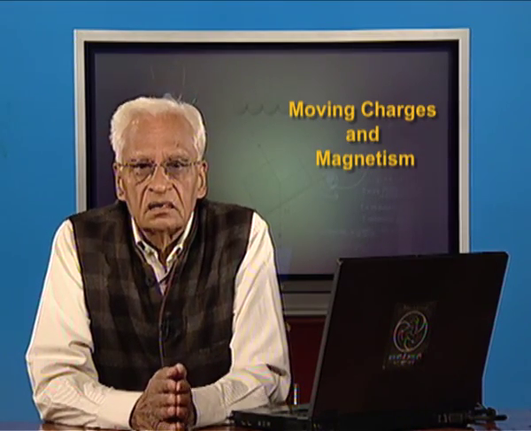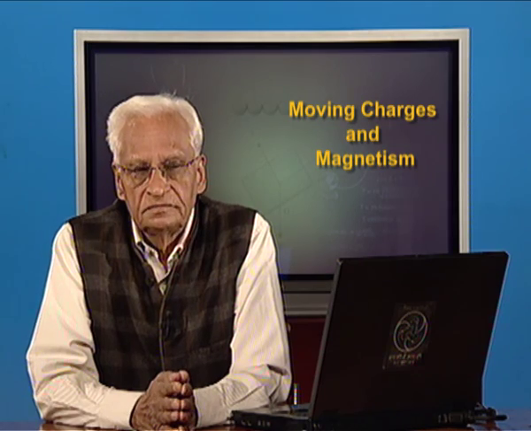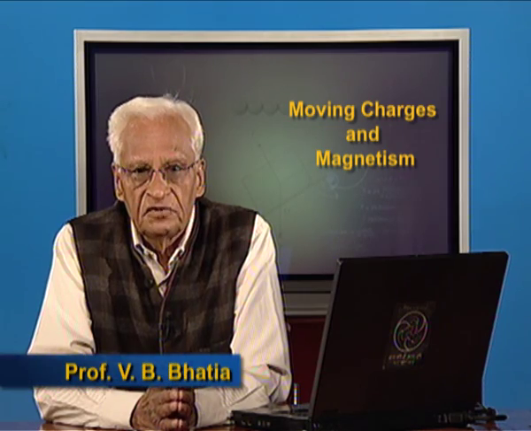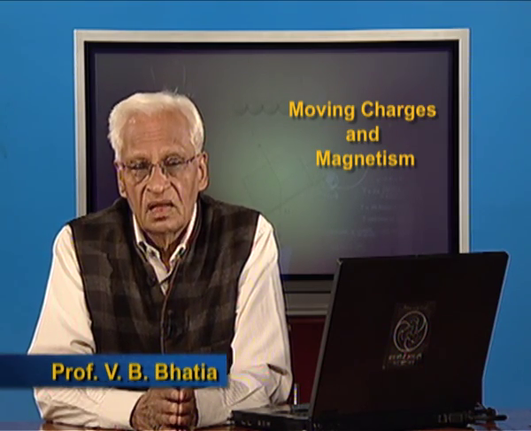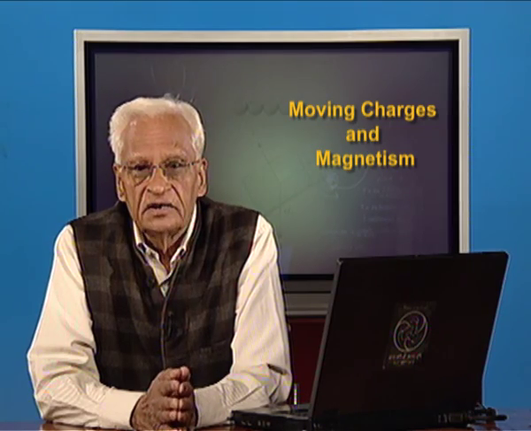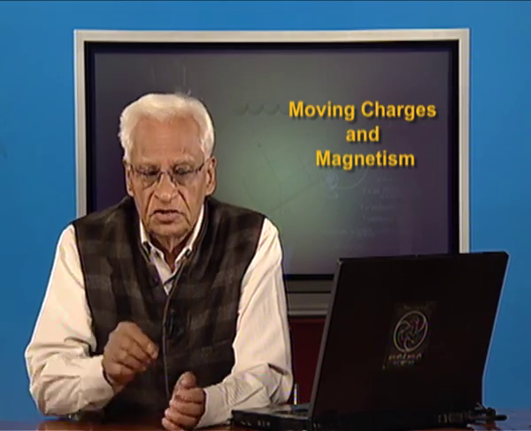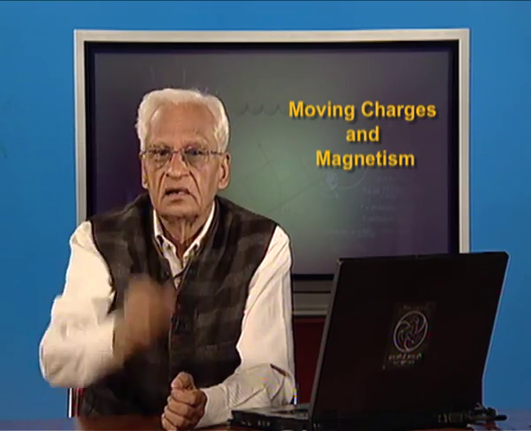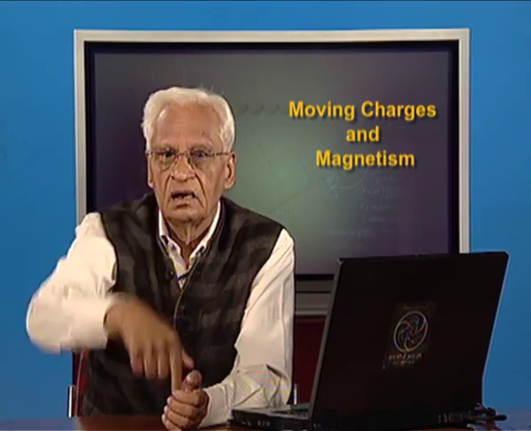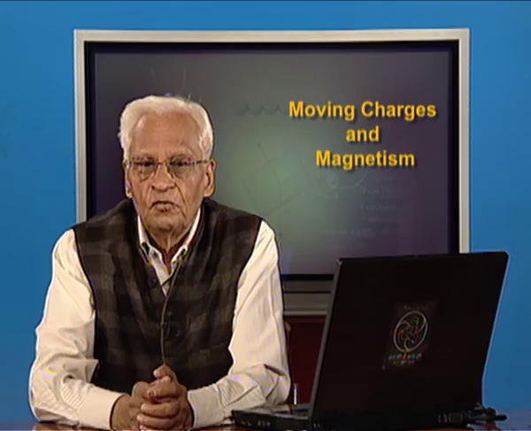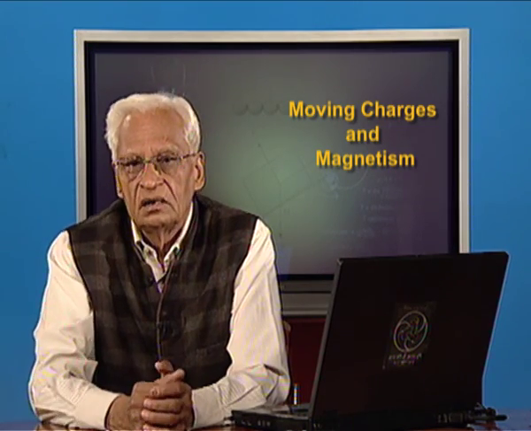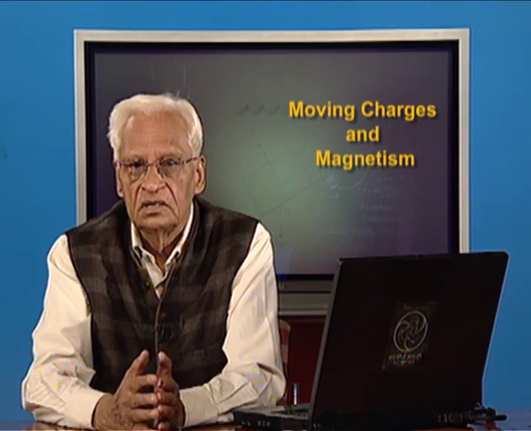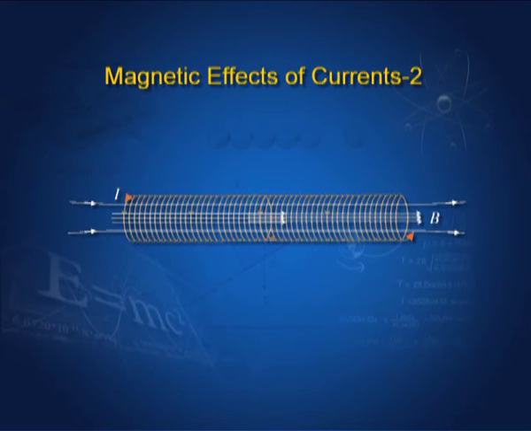In the last lecture, I introduced Ampere's law. The full advantage of Ampere's law can be derived if we have some symmetry in the system, and using that symmetry we found the magnetic field due to a straight long current and a straight long cylindrical conductor. We will continue in this lecture with Ampere's law for some time, and then we shall find the fields due to devices like the solenoid and toroid.